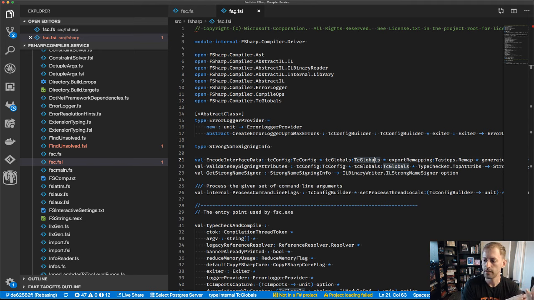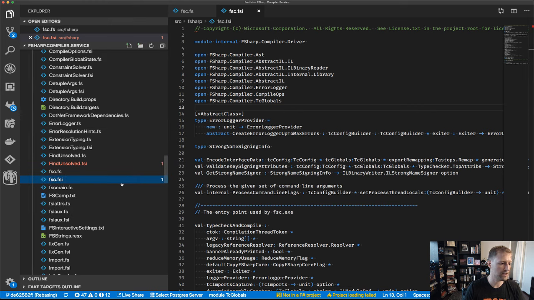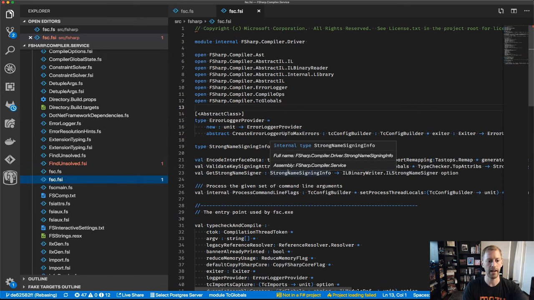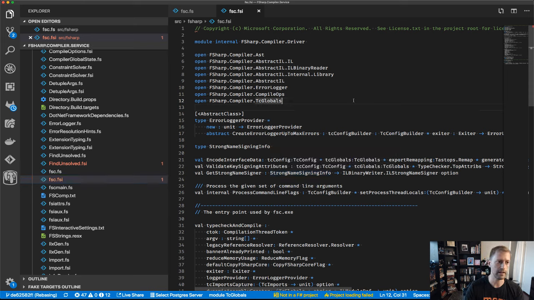Foobar, when you say define the file in a special way in the fsproj, do you mean is there a special way to include an interface file in the project? Because if so, if we jumped into the project, it would just be an include right next to the source file. So you'd see Compile Include fsc.fs for the actual source code, and then fsc.fsi just right after it. So that's what goes on there. In fact,